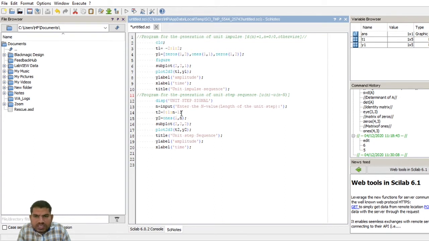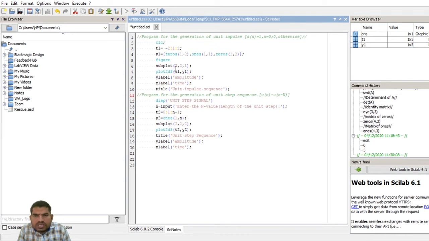That is the time axis. For y2, we use ones of 1 comma n, where n is the number of samples you type, then only we are getting this unit step signal. Plot in two dimensions, then again subplot of 2 comma 2 comma 2.